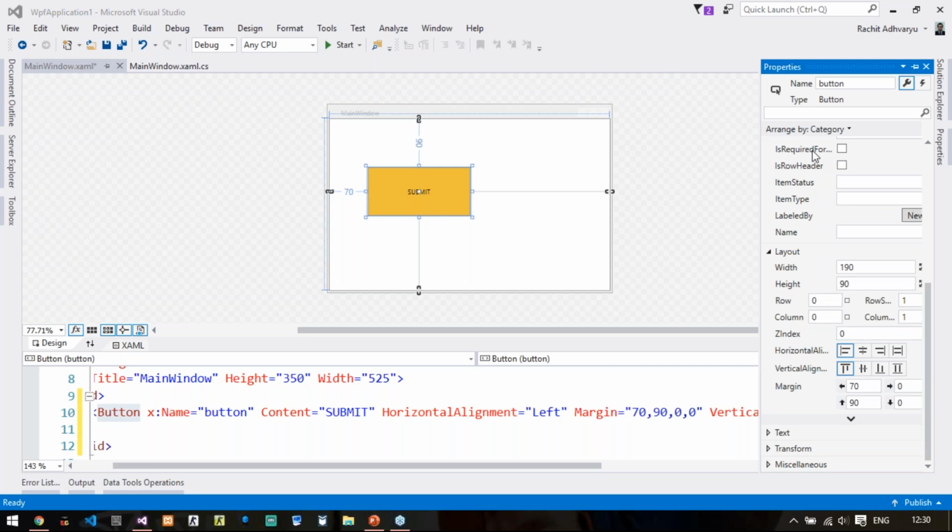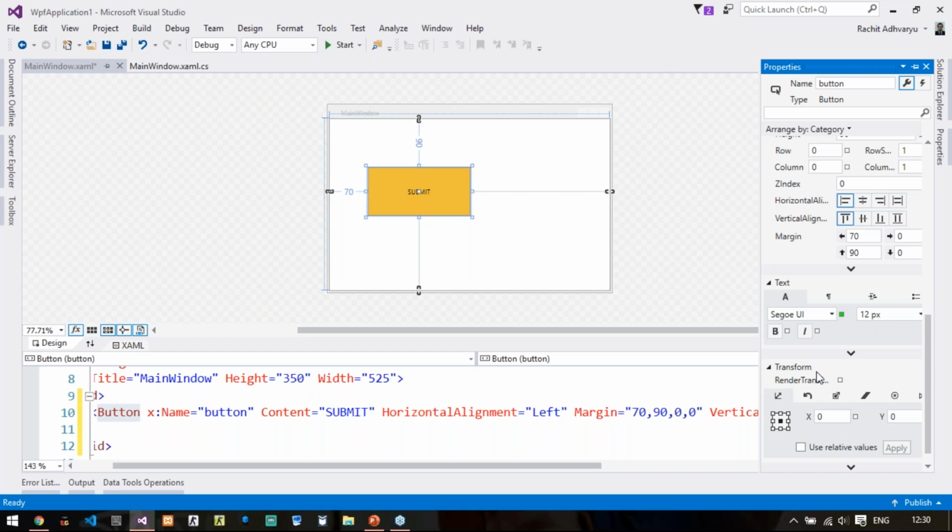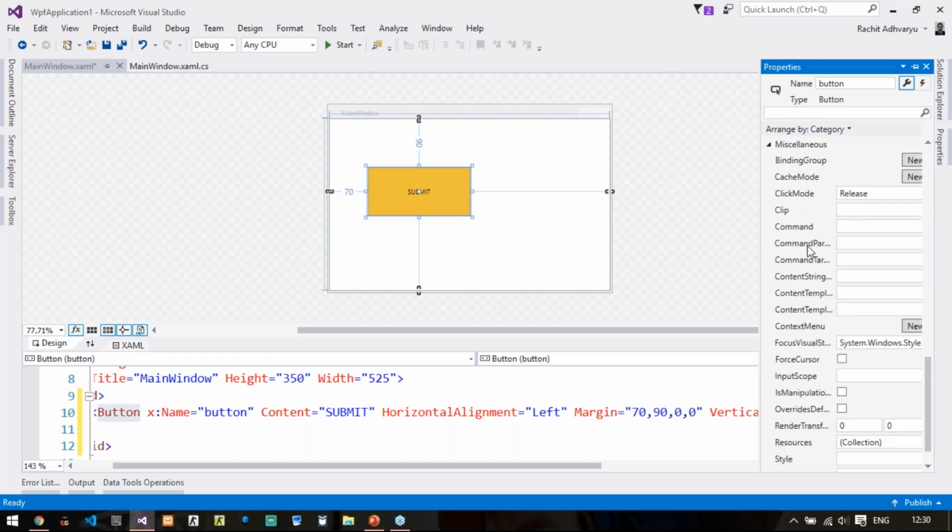Then we are having text property, transform property, and miscellaneous properties. So you can go through all these properties because I don't like personally this WPF because it is just enhancing the graphics. And whenever we are dealing with software development, the graphics that I require for software development is available with Windows also.